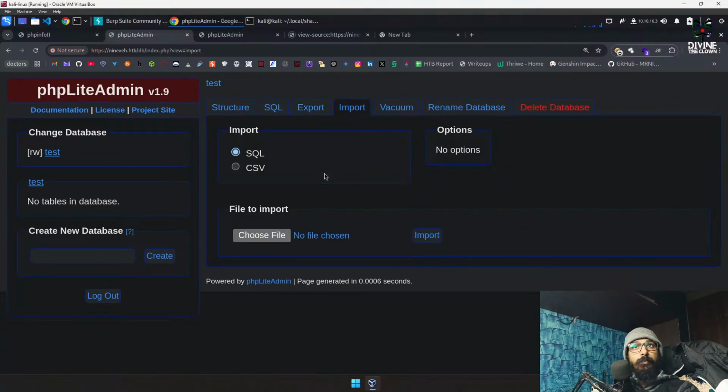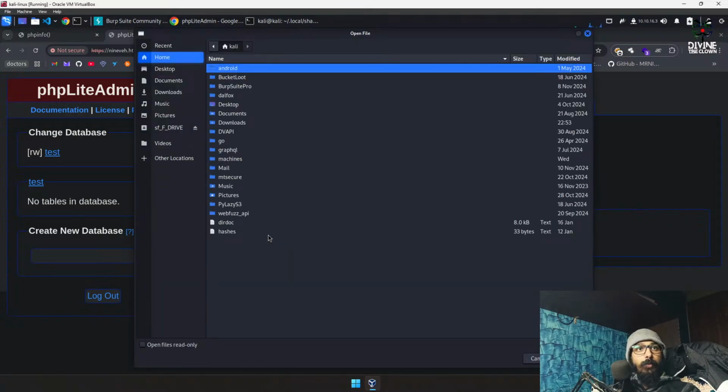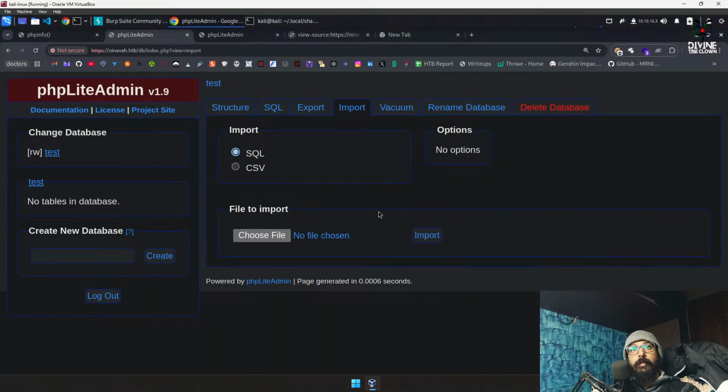We have the import SQL CSV. What can we import here? Can we import the, we say, the script or the shell file? We might be able to perform that in the vacuum. What we have here,